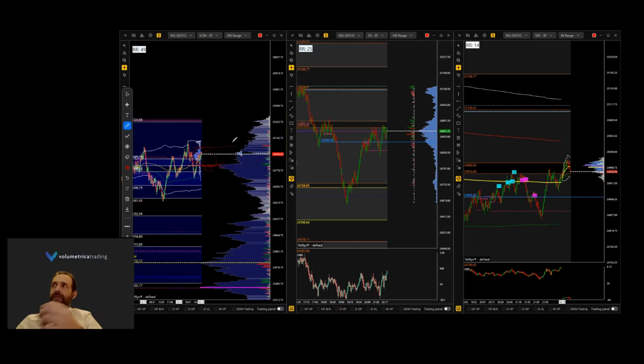What does it mean that the micro distribution zone, considered more from a daily perspective, is literally being rebalanced? This zone is literally being rebalanced,